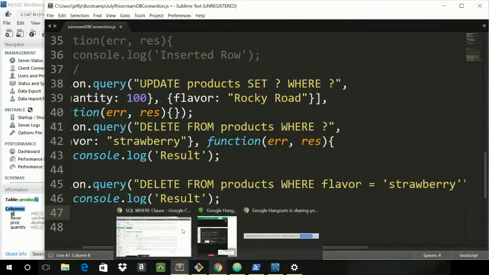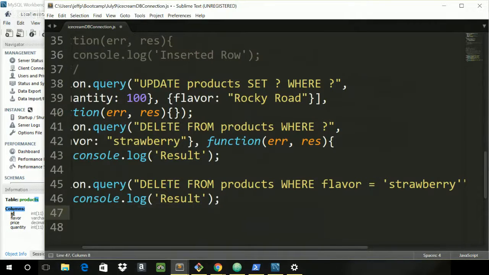So basically, he was just asking why this is the same as this, which yes, it is, and why we're doing it a different way. Usually, you're more likely to come across writing the whole statement and not iterating through a bunch of variables. The other thing is when you do the question mark as a placeholder,